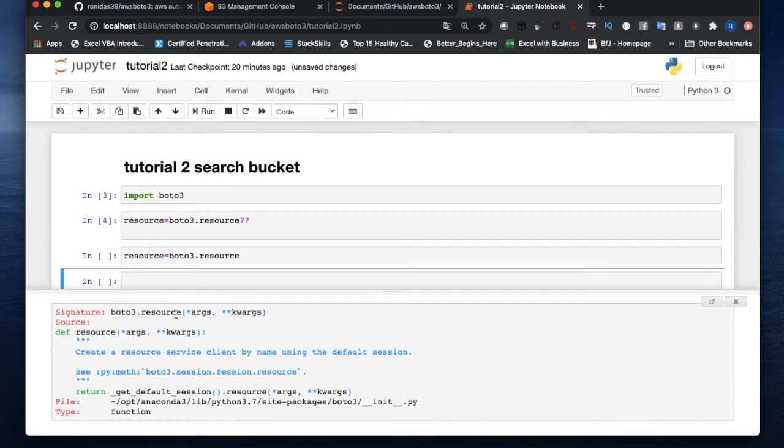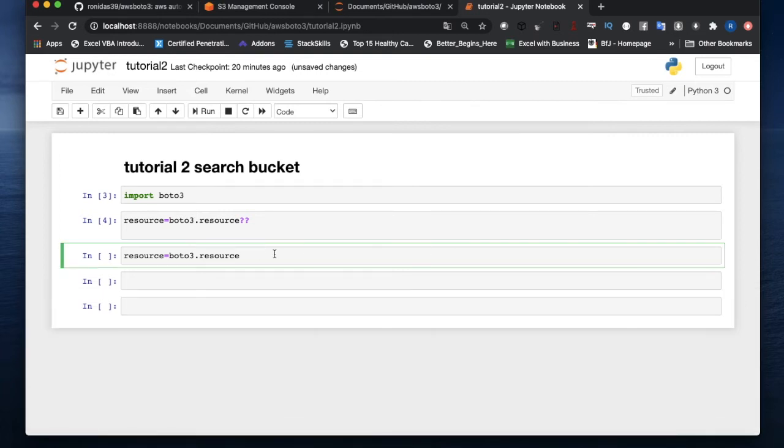So if you put this, what will happen? This will give you a kind of resource object, and on top of the resource object you can apply some sort of method to get different things, or you can get some attribute from that object. Okay, so let's do one thing. This is one way of writing documentation: create a resource service, as I told you, and someone can say client or whatever, just to remember.